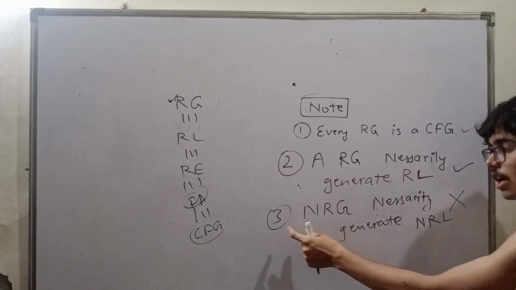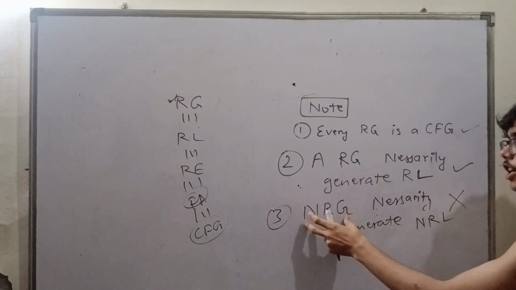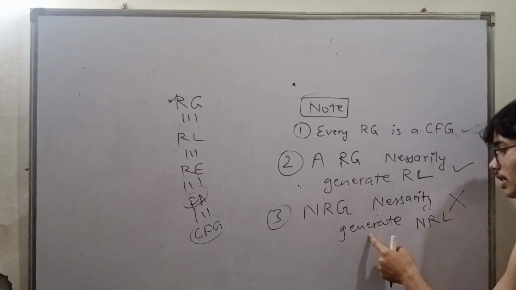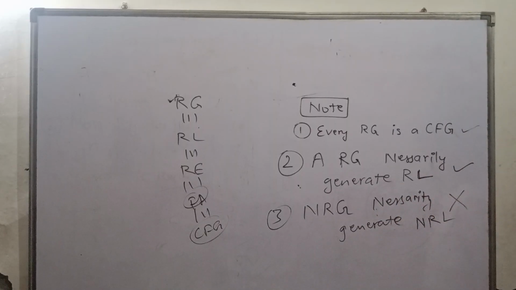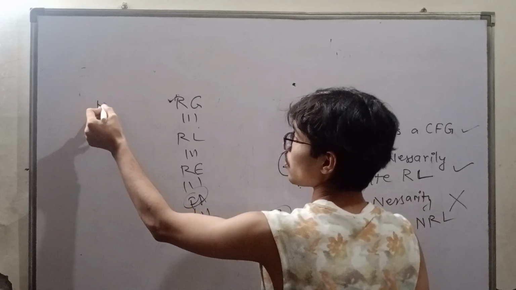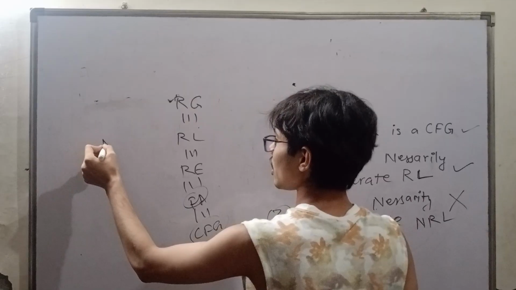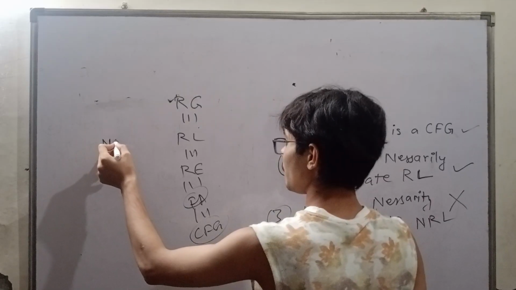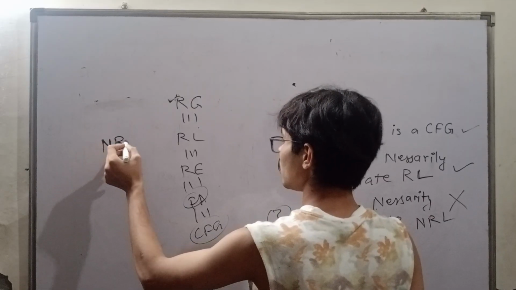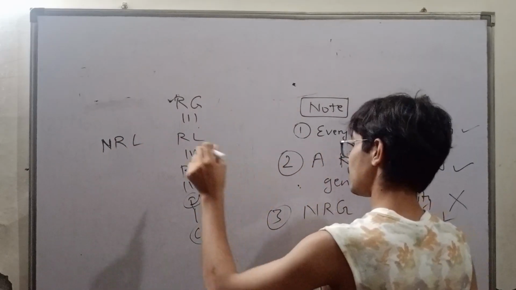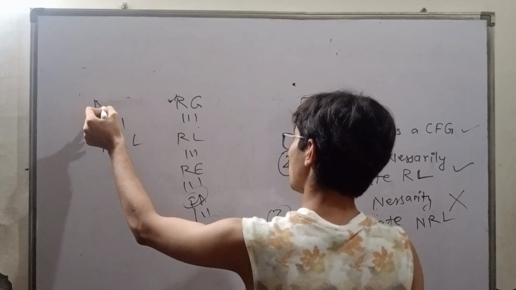This is there. Third point is non-regular language. If you have a non-regular language, is it necessary that you generate a non-regular language equivalent? No. Why no? Okay, why is this no? If you have a non-regular language, it is compulsory that you have a non-regular...